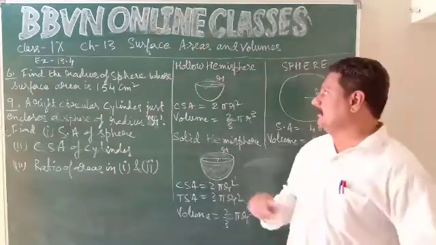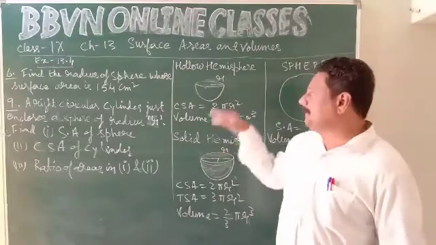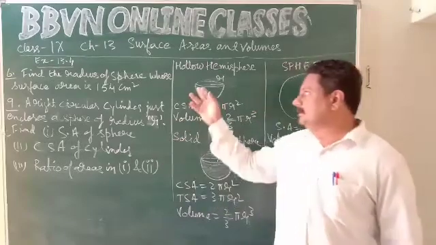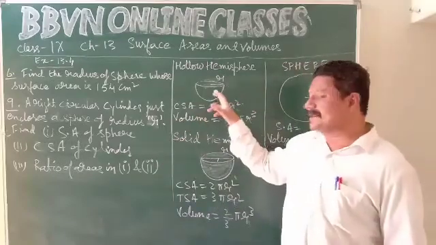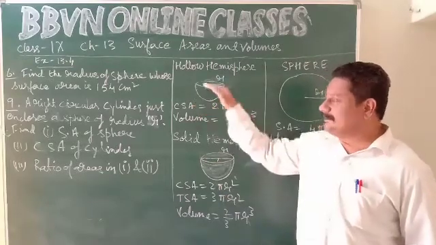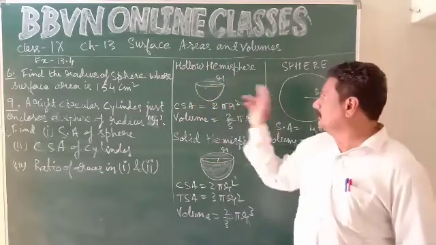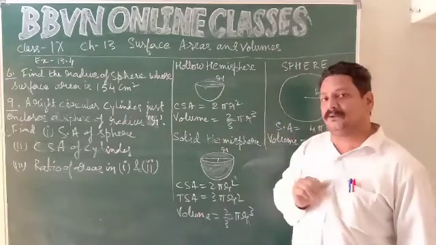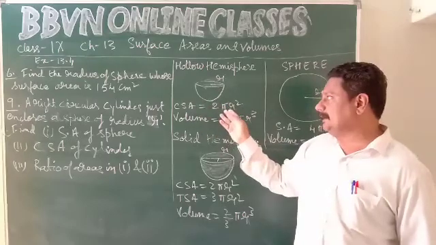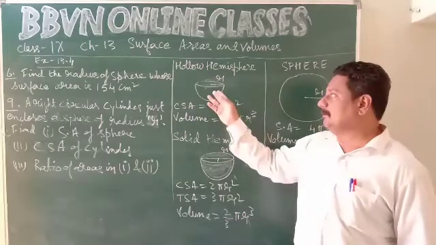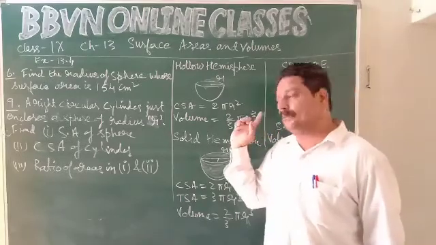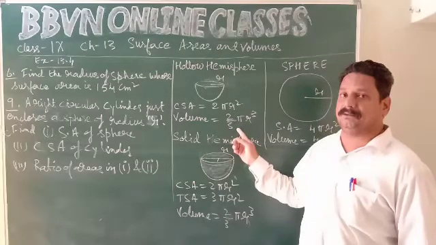Formula वही रहेगा. Hollow hemisphere. Hollow means ये अंदर it's like bowl. घर में होता है ना bowl. Hemispherical bowl. It's empty inside. Its radius is r. So hemisphere means half of the sphere. A sphere has entire surface area of 4 pi r square. So this hollow hemisphere will have curved surface area 2 pi r square. And volume will be half the volume of a sphere. If it is 4 upon 3 pi r cube, here it will be 2 upon 3 pi r cube.